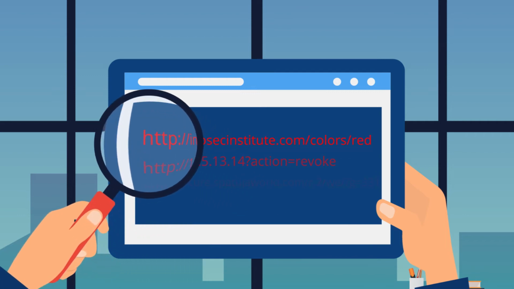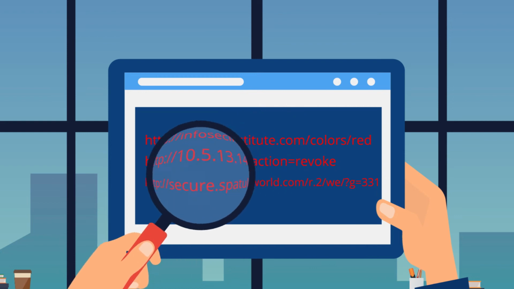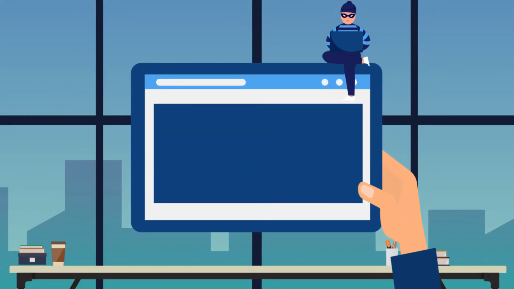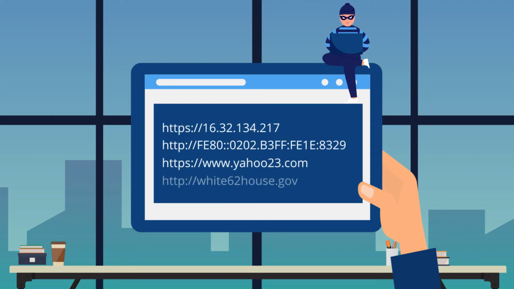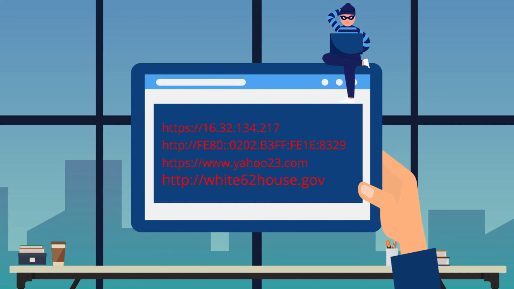Host names control which web server you connect to. Having the right host name means the difference between accessing a legitimate server or one under the control of a hacker. The most obvious type of suspicious host names are those filled with numbers. For example, host names containing IP or other network addresses, host names that seem to add extra numbers, and host names that replace letters with numbers.